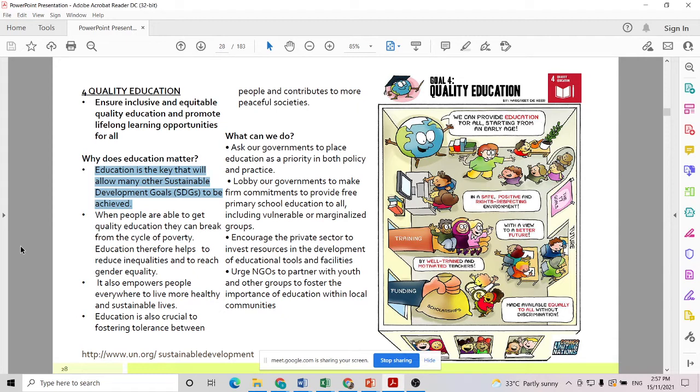Education means ensuring you know. You have the right knowledge. Okay. So you must know. It's not about having a better education and then getting a better job. It's not that. Basically, if you want to do your job, you must know how to do the job. So to know, you must have your knowledge. So that is the quality of education.